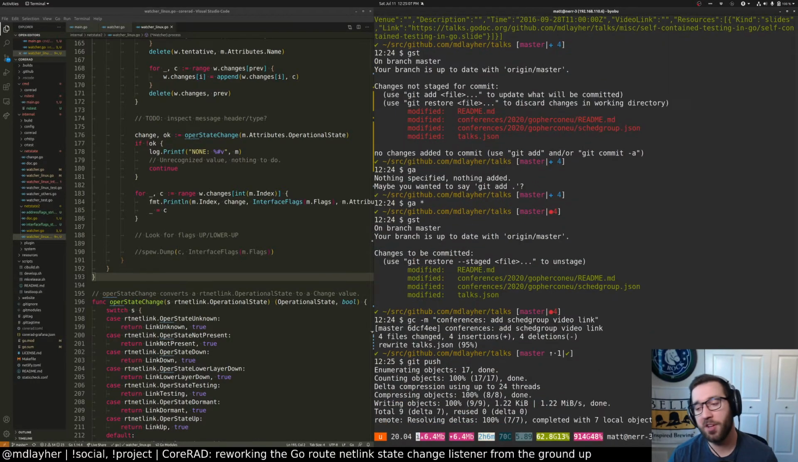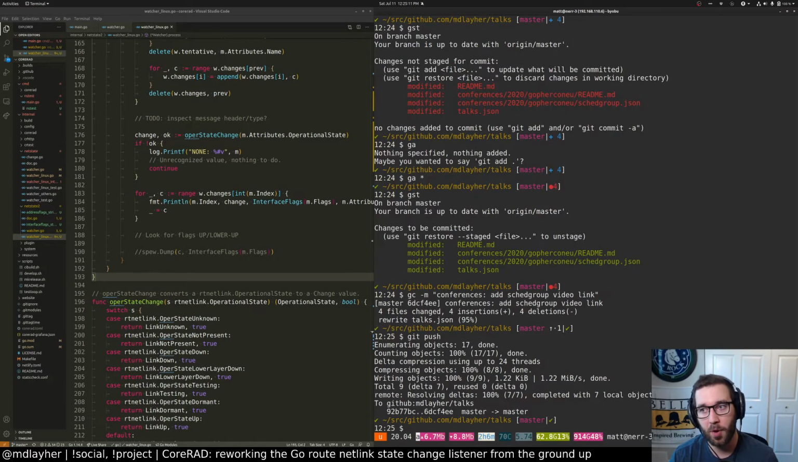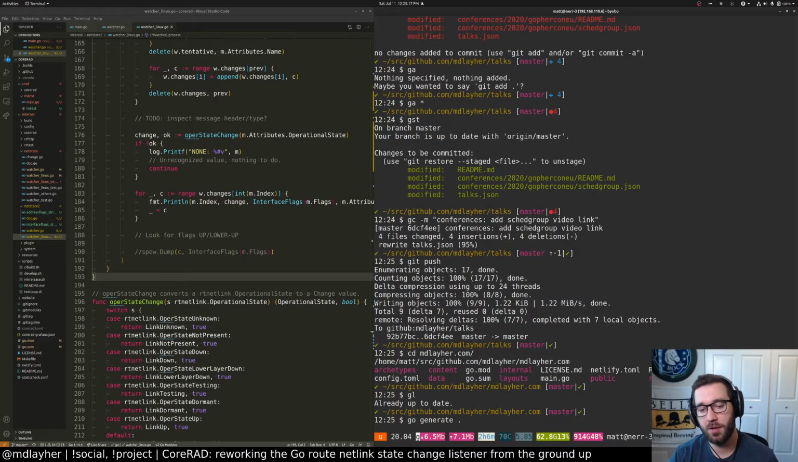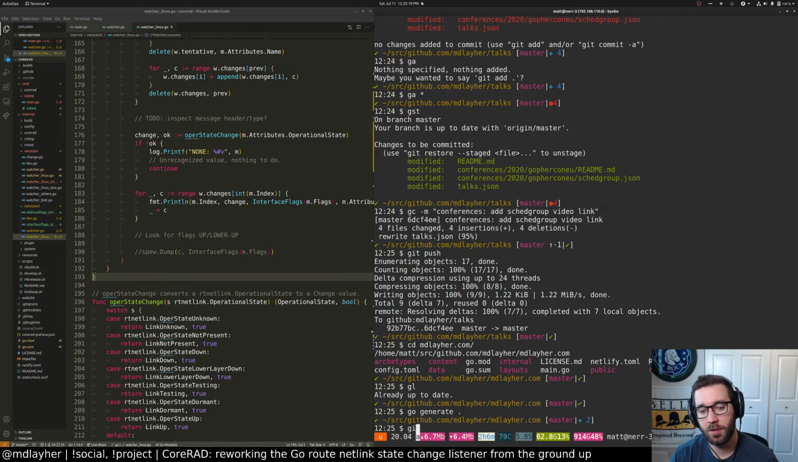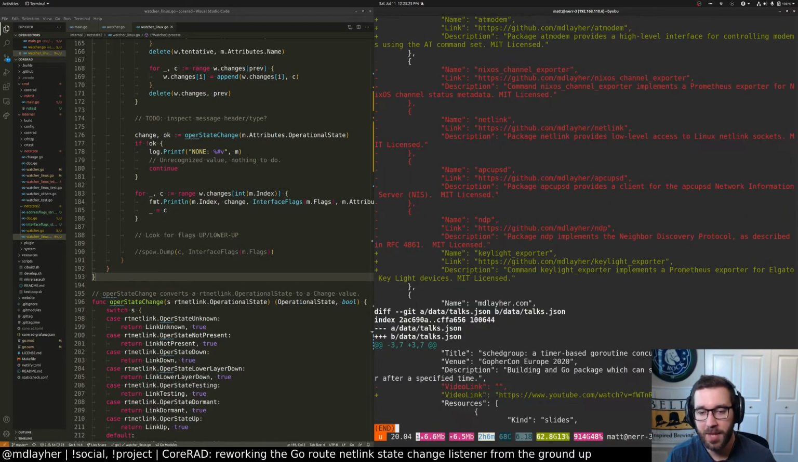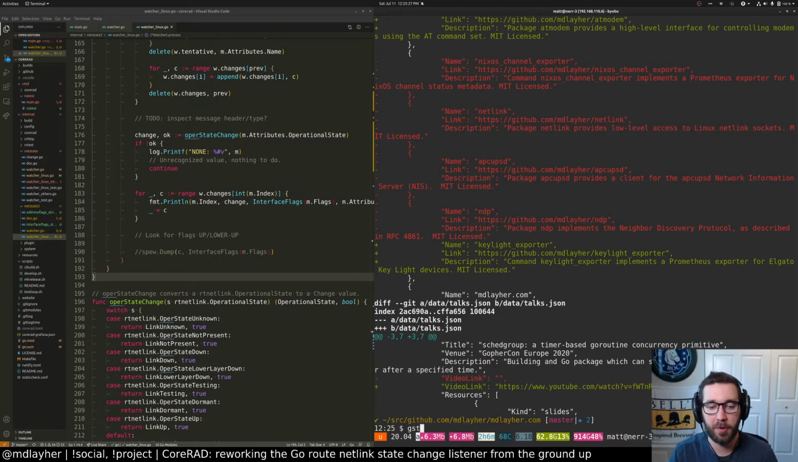And what used to happen is my website would take this content once a day and push it as well. But I have that broken at the moment. So now this is pushed to GitHub. I go to mdlayer.com. I run go generate. And I diff it. And this also keeps track of the repos I've modified most recently. Yeah, but now you'll see we have the video link here. So if I push this,